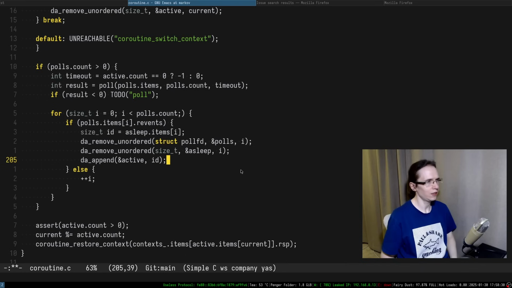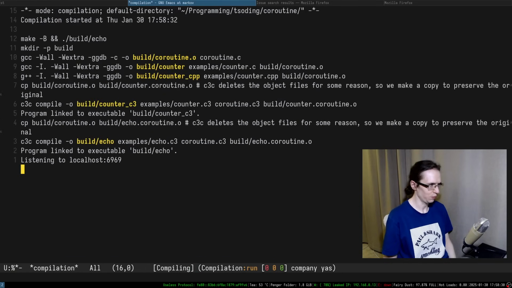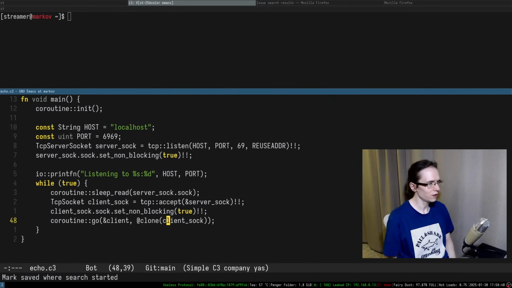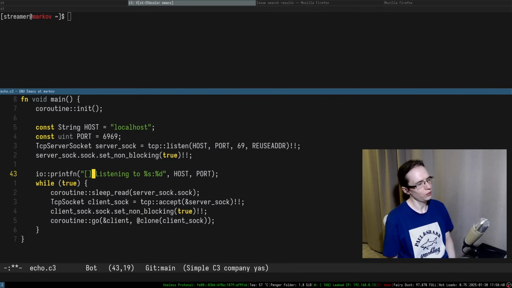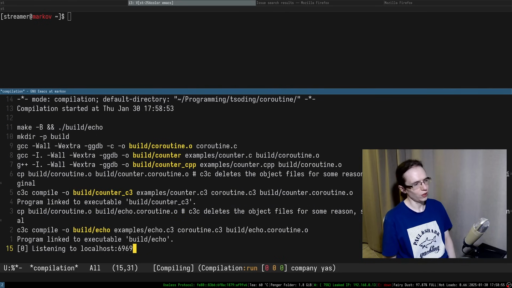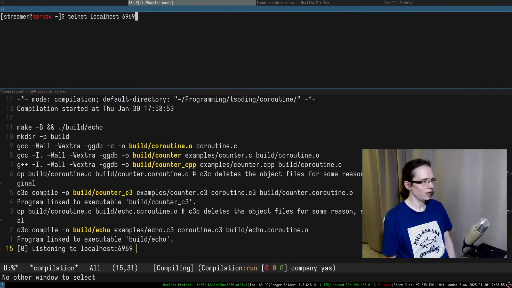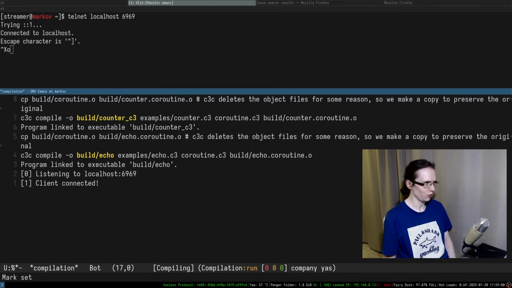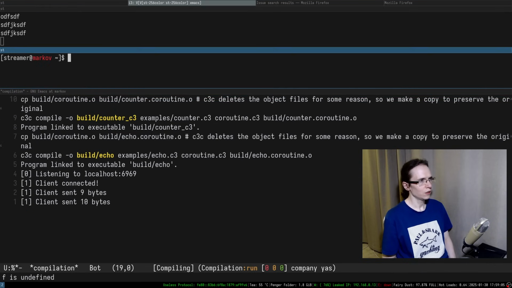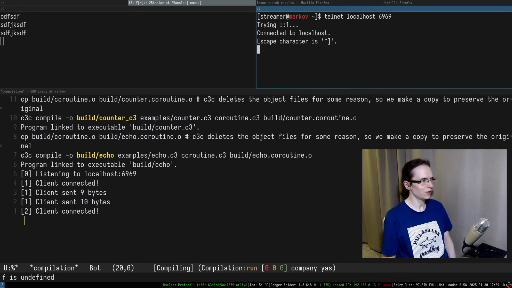So we need to understand the sequence of events that happens. We are listening, right? Also, I would like to maybe, for the listening, say on which coroutine we are listening. So let's do coroutine ID. Let's just print who's listening to what. So the 0th one is listening. That's cool. So then I'm connecting. So 1 is successfully connected. Then I'm sending some data there, and we received some of the bytes. So funnily enough, the second one is connected, but if I try to send,